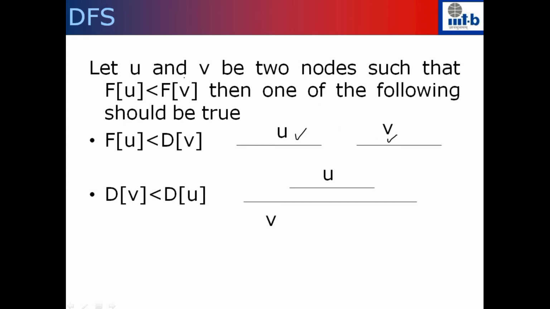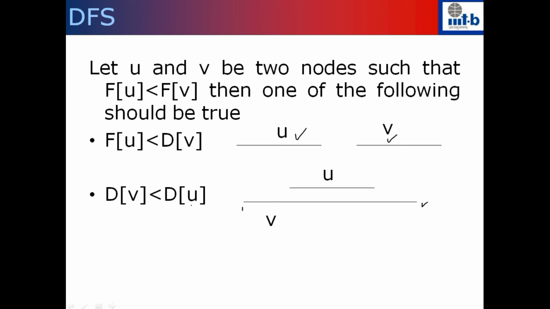Or, since U has to finish first, you started with V, then you pushed U, then you popped U, and then you pop V. So in this case, the interval of U is sitting inside the interval of V, right? So V is an ancestor of the vertex U in the DFS tree. The earlier slide was based on the discovery time, so this is just based on the finish times. So one of the two things should happen.